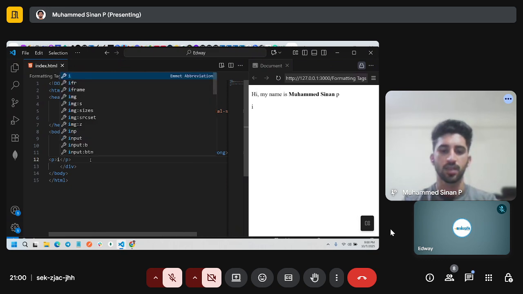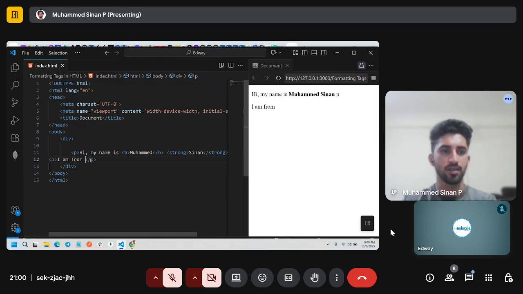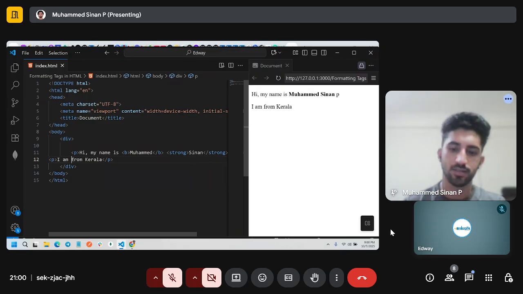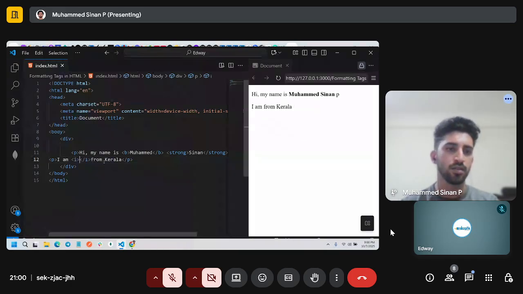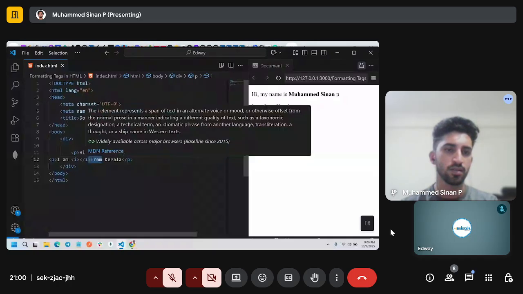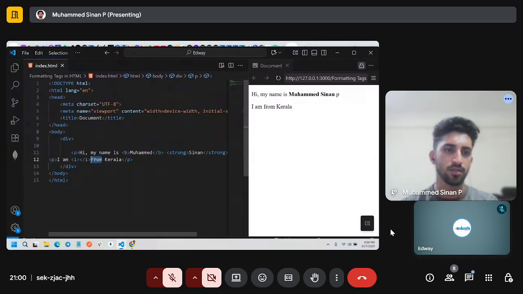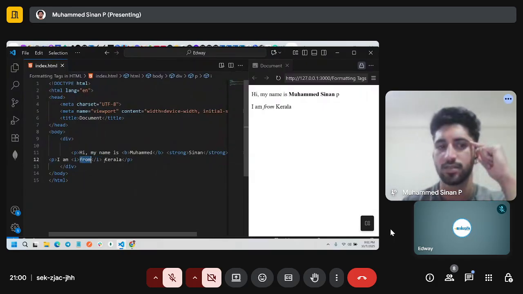So it's like, I am from Kerala. If I make 'from' in an italic tag, then the 'from' becomes italic.